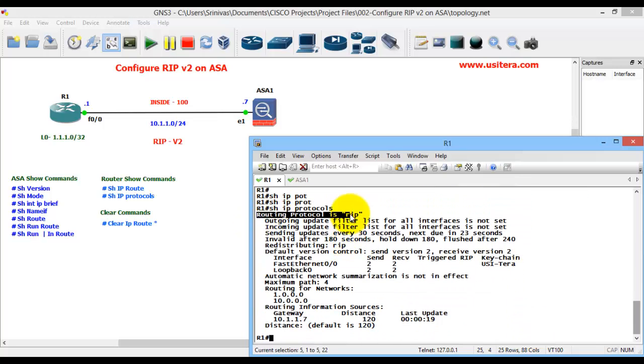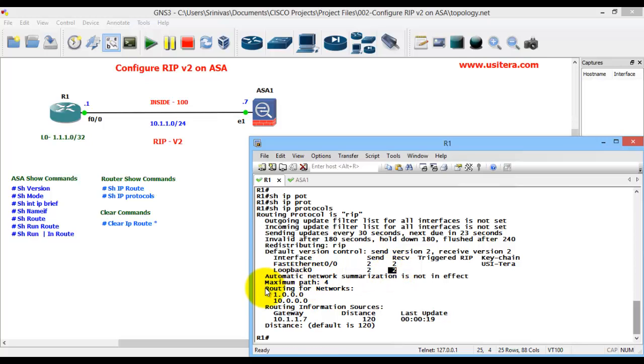See, my routing protocol is RIP, with my key chain ID. Sending version is 2 and receiving version is also 2. This is my FastEthernet 0/0, where sending and receiving are both successful. The same goes for the loopback: sending and receiving are both successful.